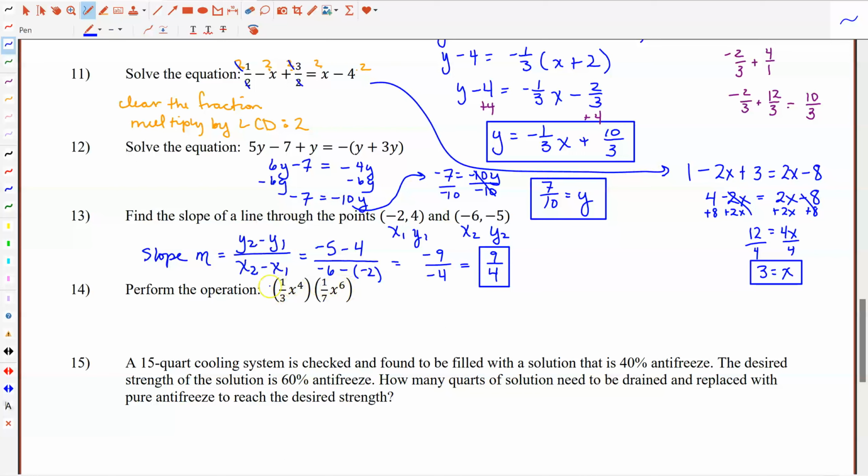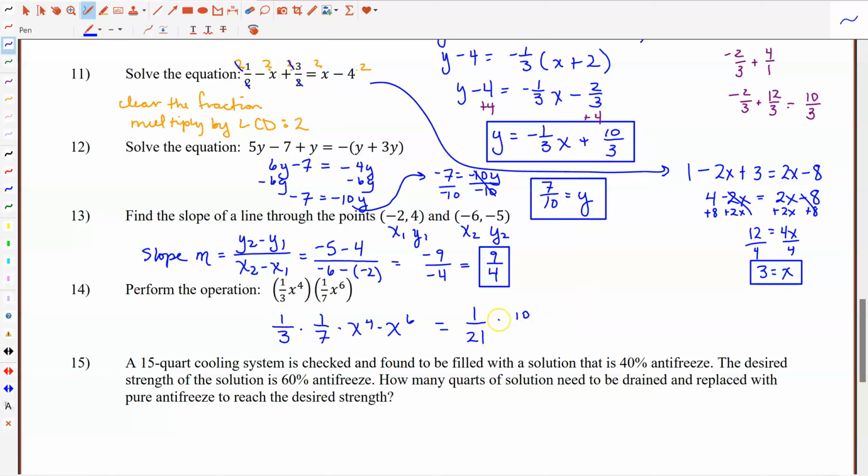So if I remove the parentheses and then move pieces around, I could write this as 1/3 times 1/7 times x to the 4th times x to the 6th. And the reason why I would want to do that is I want to put these fraction things together and then the variable things together. 1/3 times 1/7 is 1/21. And then x to the 4th times x to the 6th, because you have the same base, you add the exponents, you would get x to the 10th. So you can leave it as 1/21 x to the 10th,